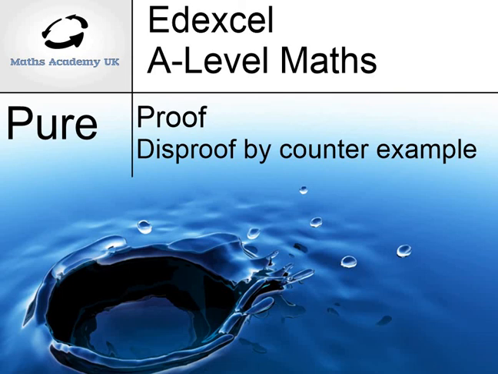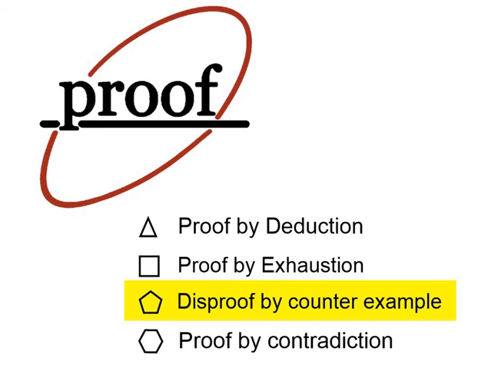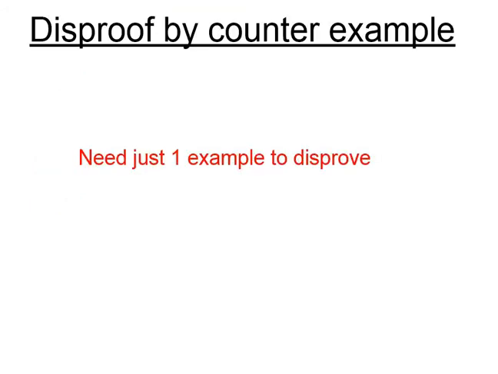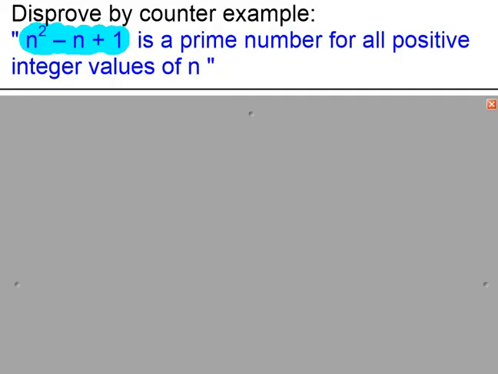Disproof by counterexample. You need to just give one example to disprove a given statement. So the statement given here is that this formula will give a prime number for all positive integer values of